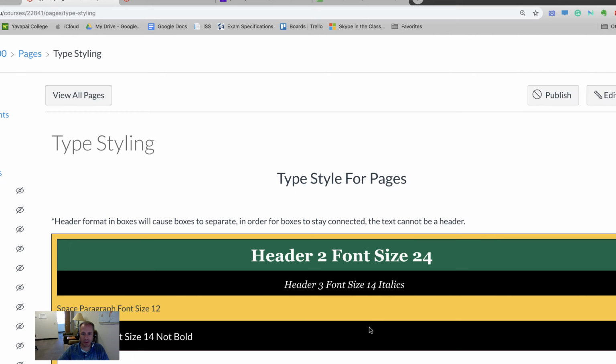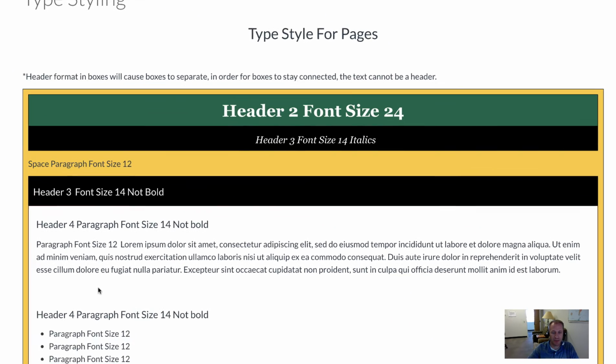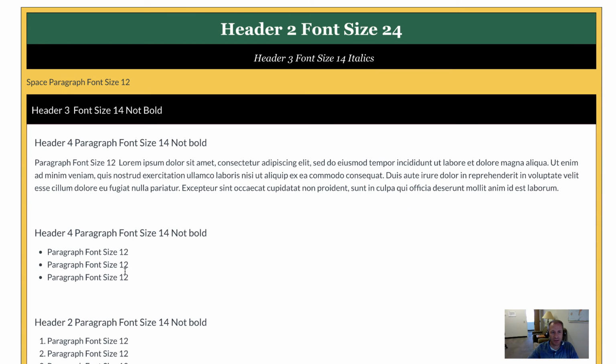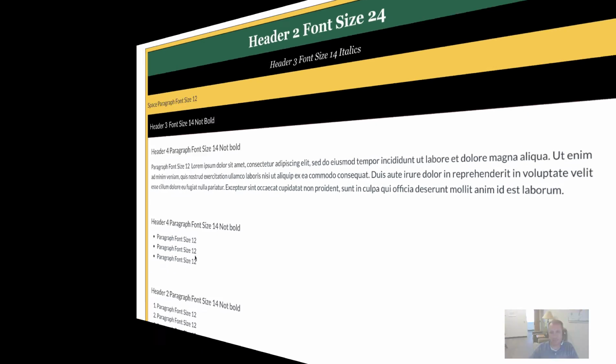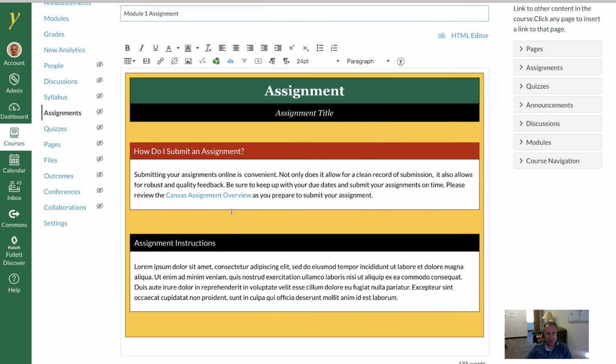Just make sure and follow the type styling for consistency. And as far as image editing, make sure you have your alt text in there. And if you're going to align right, feel free to contact us if you're interested in more padding. Also, if you need to